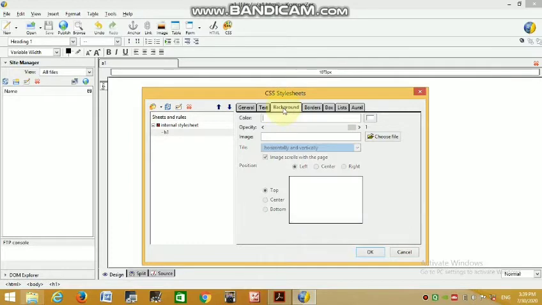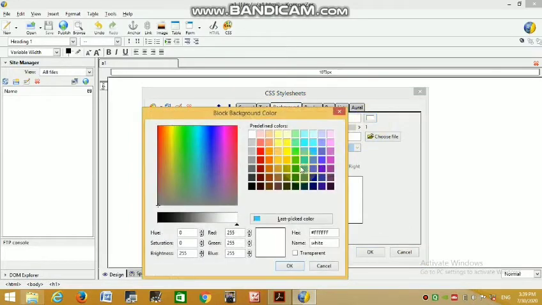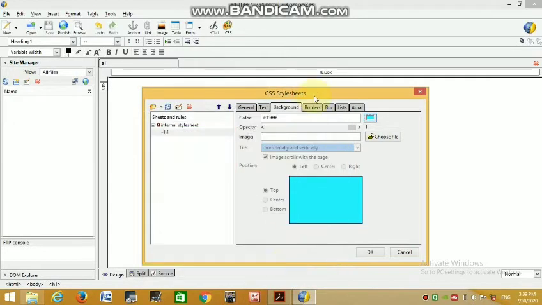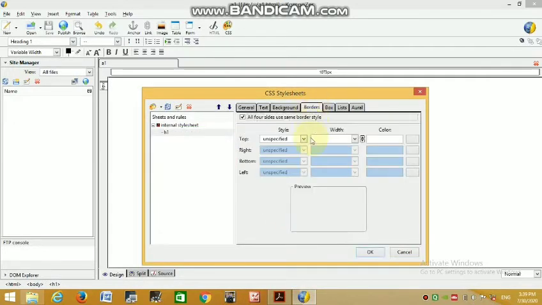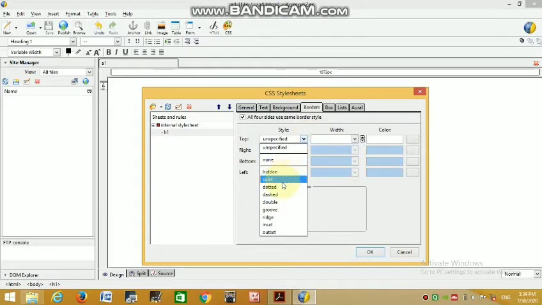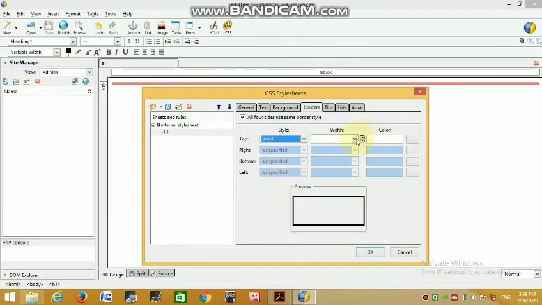Now background. If you want to give a background color, you can give it from here. Okay. Border. If you want to give a specific border, solid, dotted, there are so many options. Width of border and color of border you can set from here.